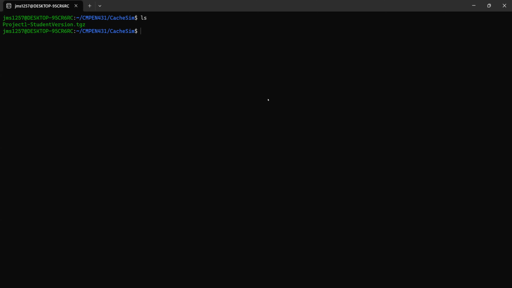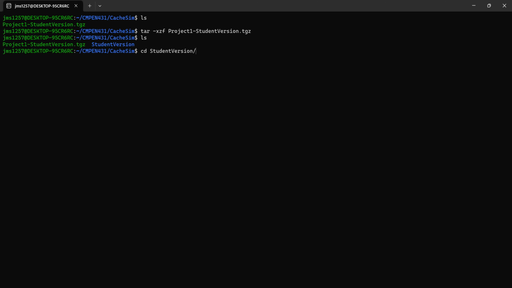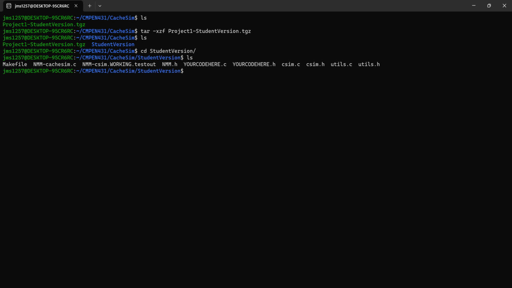You got your tarball, and so let's start by untarring it. So extract the zip file, and you'll get a directory called student version. So you go into student version, and this is what you'll see. You'll see a makefile. We'll take a look at that in just a second. You'll see, importantly,